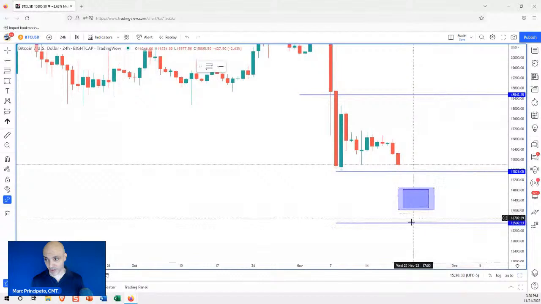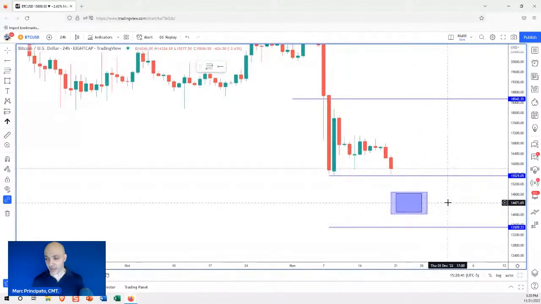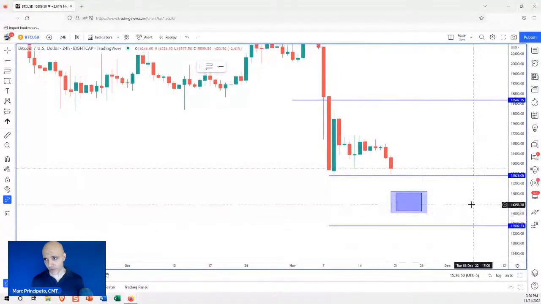So if this thing may consolidate somewhere and eventually develop a bottom, that's one potential level to keep an eye on. Okay. So, an inventory accumulation plan may be, hey, buy some at 15K, buy some at 14K, buy some at 13, buy some at 12, again, small bites. In order to do that, you have to have a target allocation. You have to know how much you're investing before you even begin investing.